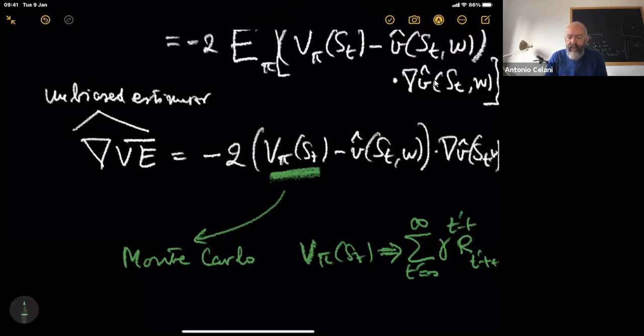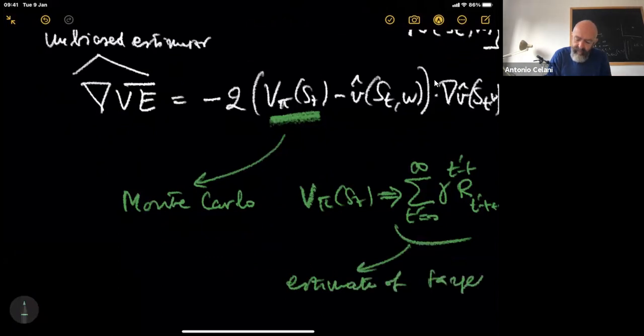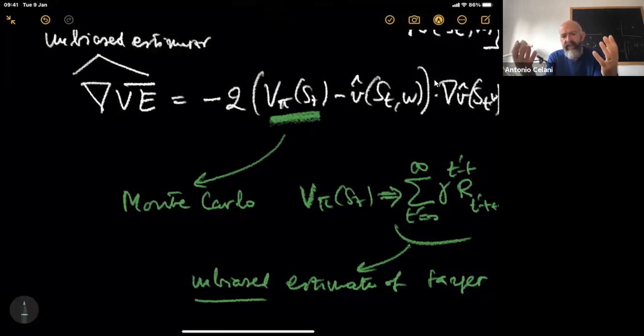This is good because this quantity here, which is your estimate of the target, is unbiased, because the expectation of this is exactly the value function. So once you've done this, you have in fact constructed an unbiased estimator of the gradient of the value error. And therefore, you can learn how to optimize the parameters ω. Okay. So this is good,